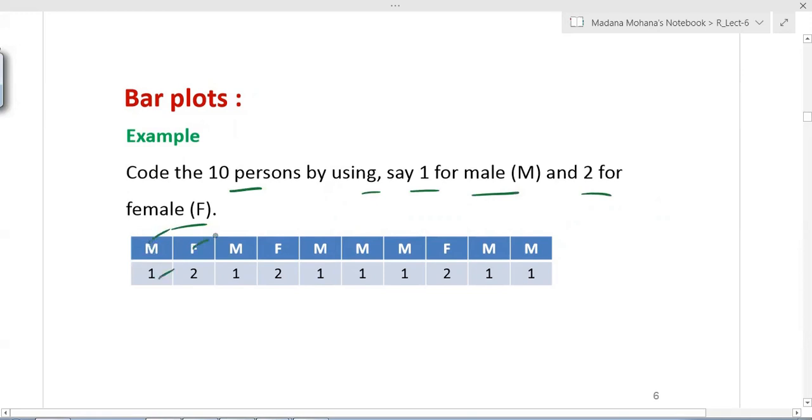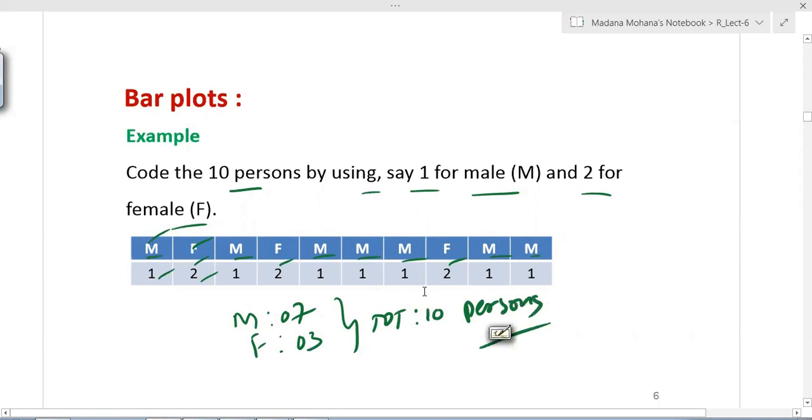Male is coded with 1, female is coded with 2, and so on. Now here you can observe how many males there are: 1, 2, 3, 4, 5, 6, 7. So 7 males are there. Then the number of females: 1, 2, 3. So total 10 persons.